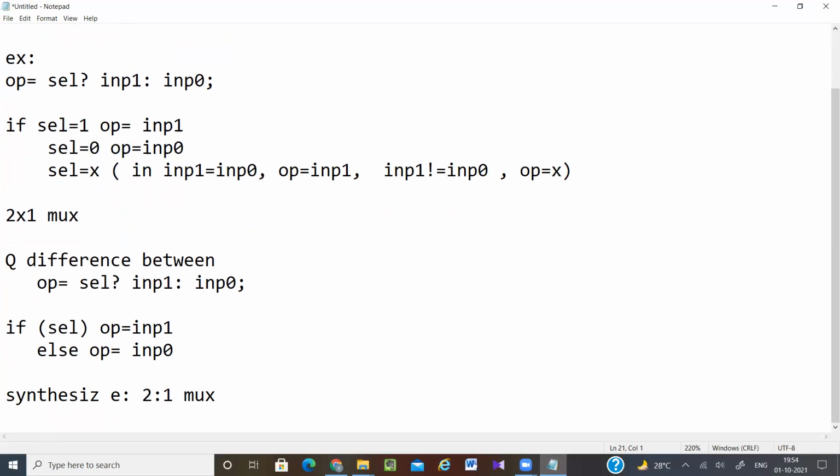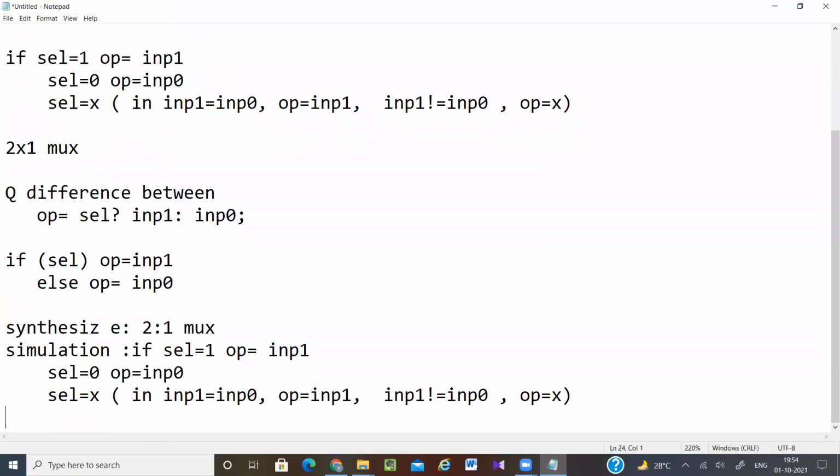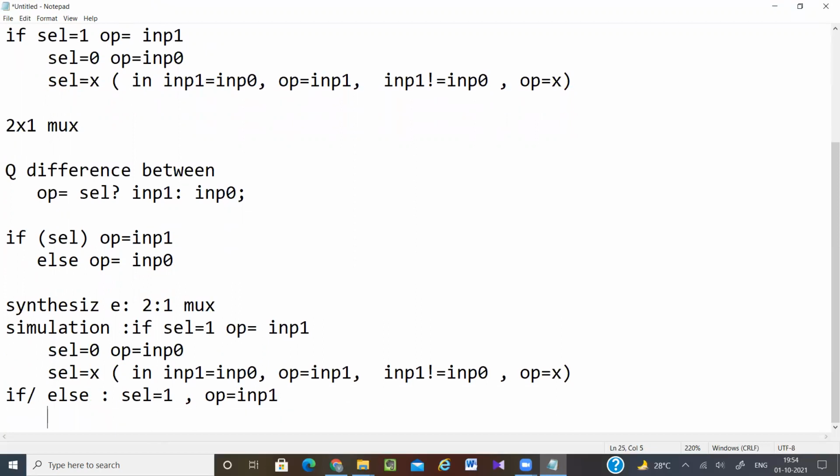But from the simulation point of view, the conditional operator will work like this. And how will the if-else statement work? Select signal equal to 1 means output equal to input 1, and select signal equal to 0 or X means your output equal to input 0.